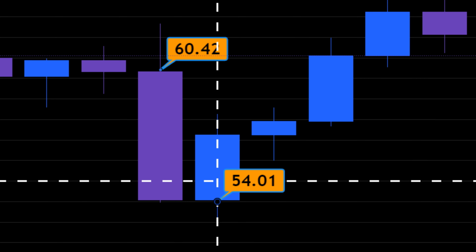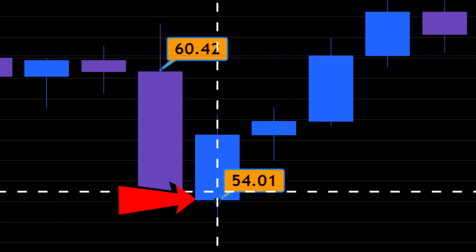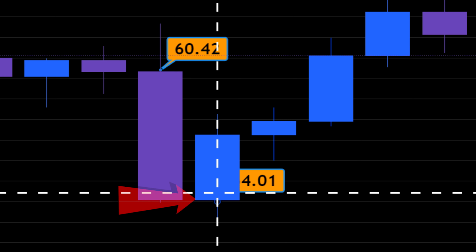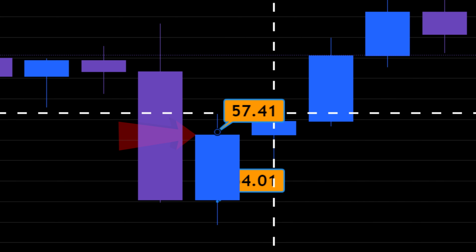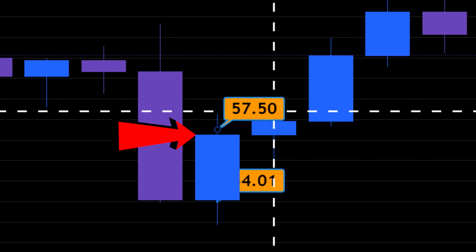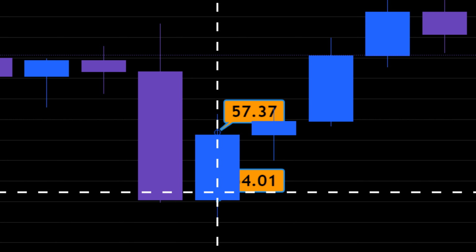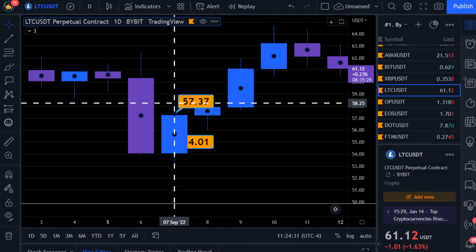On this blue candle, if the candle's blue or green in your instance, price started the day, the morning when the chart opened or the stock market opened. It's not stock market, it's crypto, it's 24/7. But at the beginning of the day, price was at $54, and at the end of the day, it was at $57. Price got as high that day as 58, but when the day closed, it was higher than when it started. If price started at 54 and closed at 57,